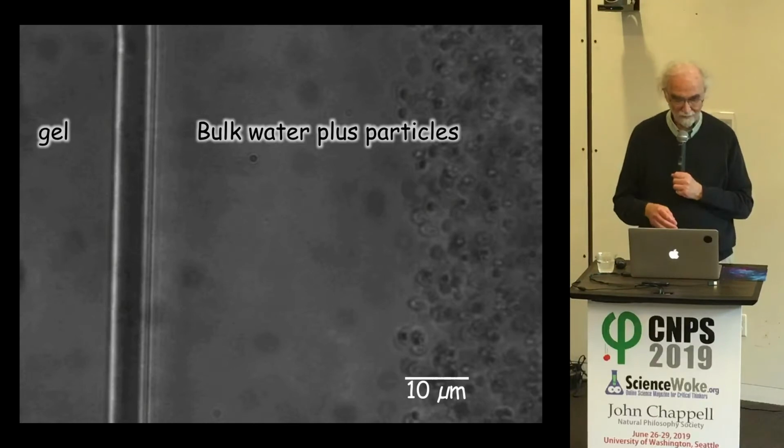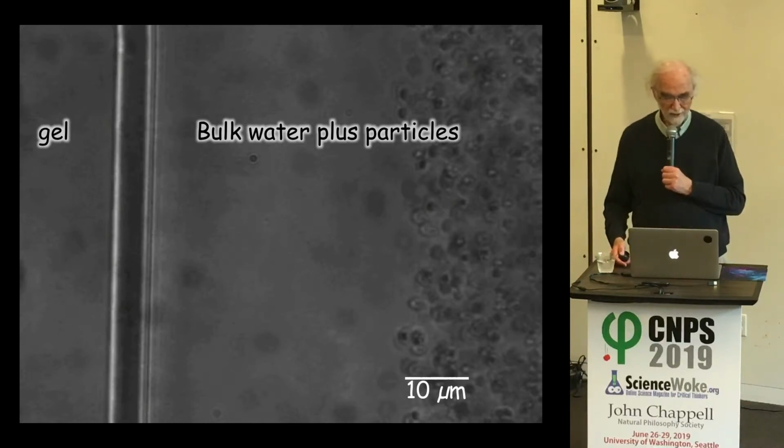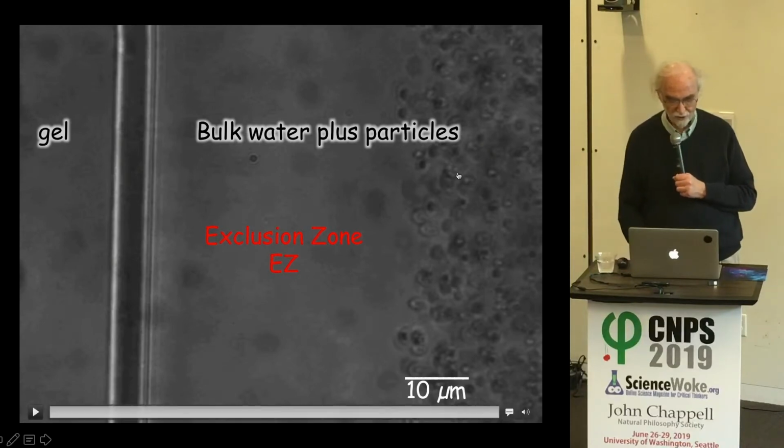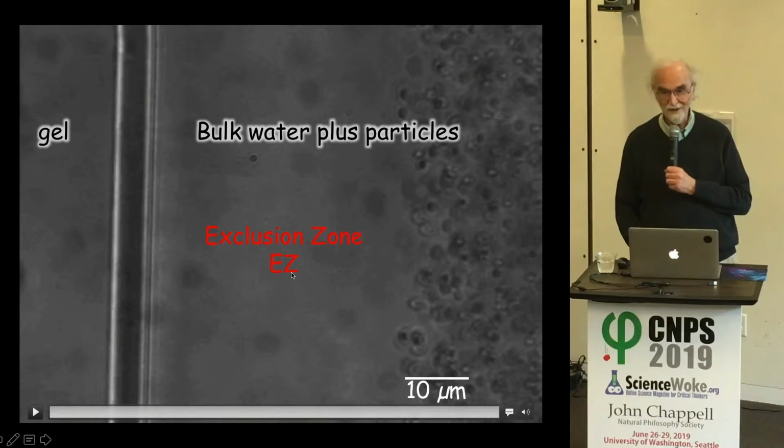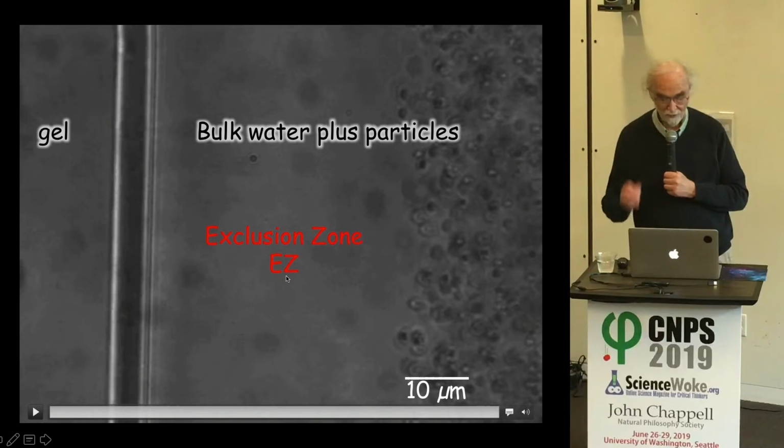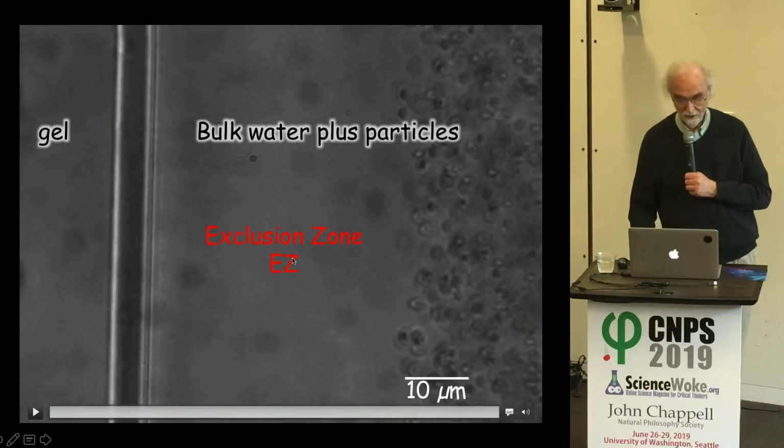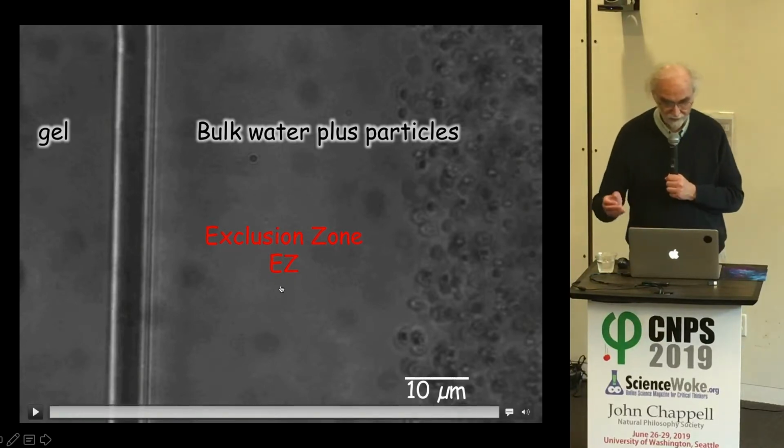got to give this a name. We thought this was an original observation, and he said, why don't you just call it the exclusion zone, because it excludes, and that made a lot of sense, and the abbreviation EZ really works well because it's easy to remember. It doesn't work in Europe because it's EZ. That's a problem, but it works. And so we call it EZ. It's one of the several names for this zone.